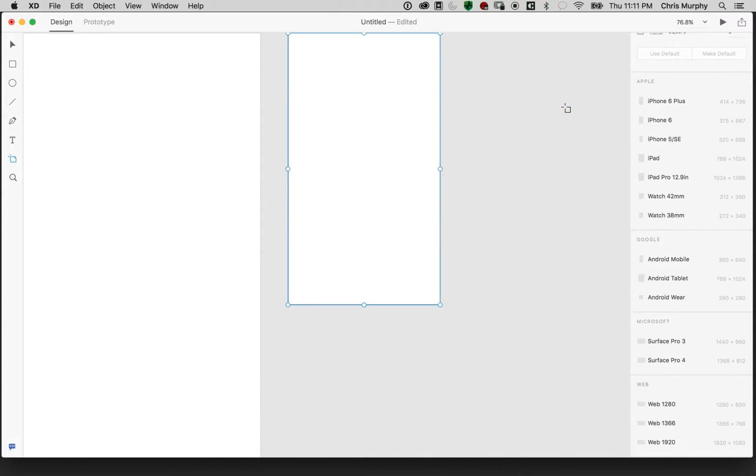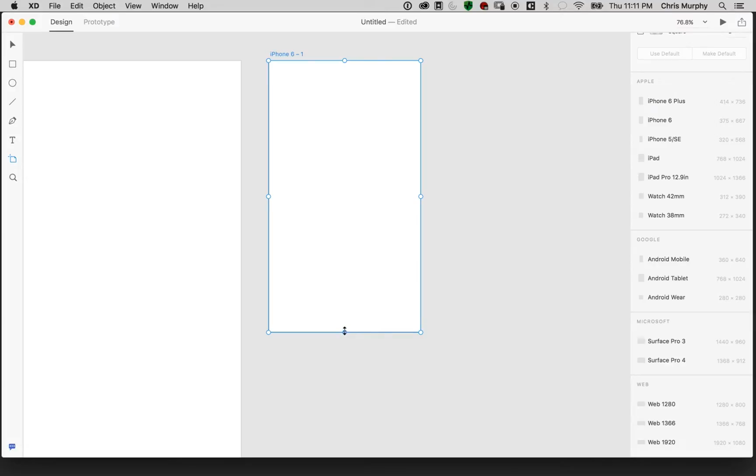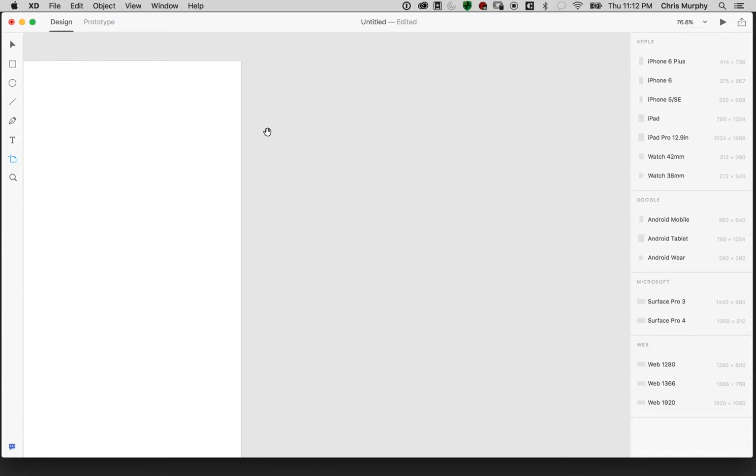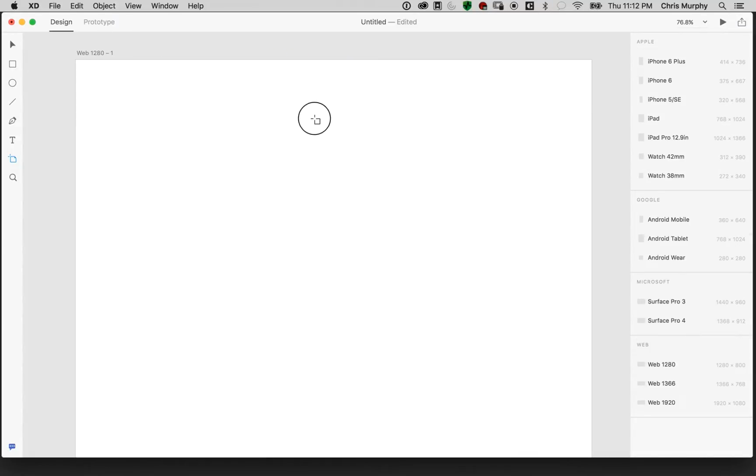And again, it functions the same way as what I showed you before. If I make this bigger, it's going to show you where the viewport ends. All right, so I'm going to delete that, and I'm going to come back over here,